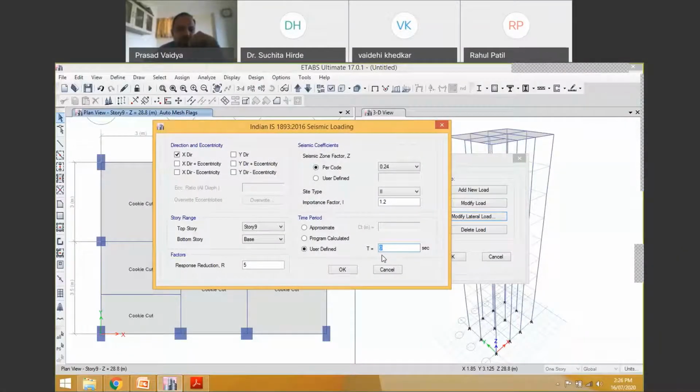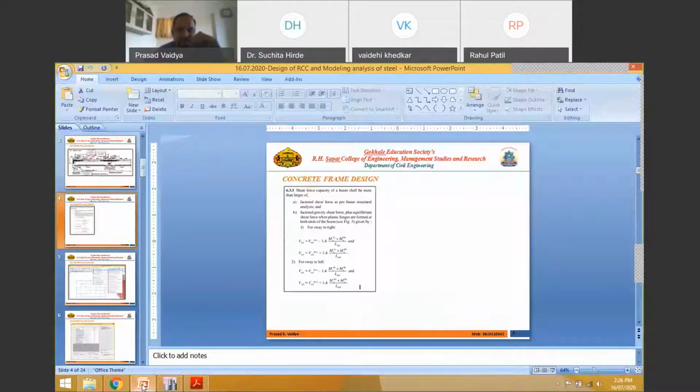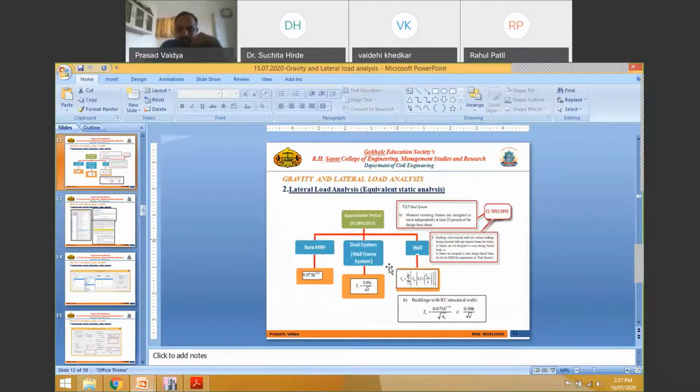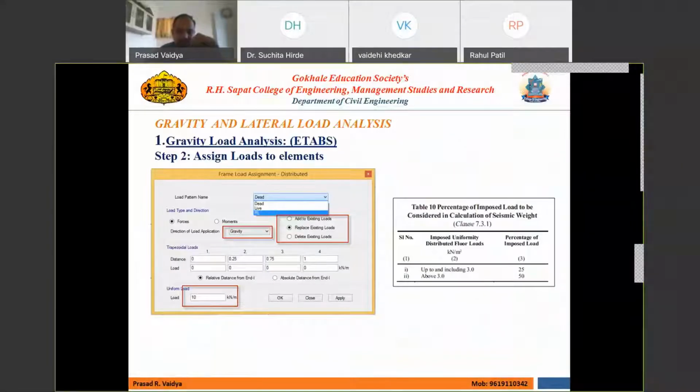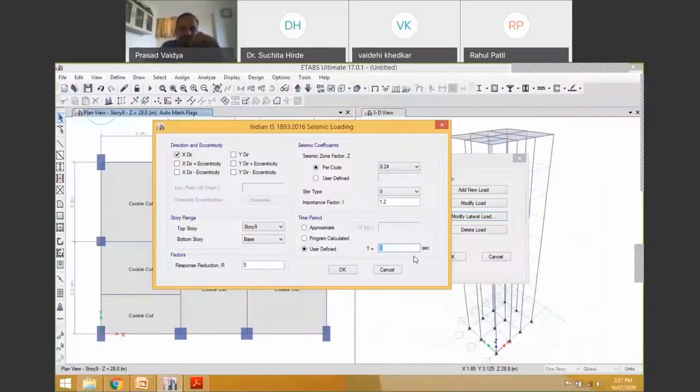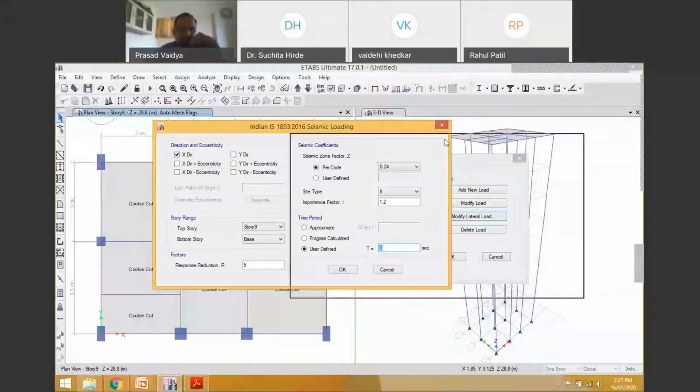For the time being I will just assume it here, but as I already showed you how this time period can be calculated, let me open this again for you. Here are these formulas, which give the approximate time period for bare frame, dual type frame, and building with RC wall. So you can calculate that time period.